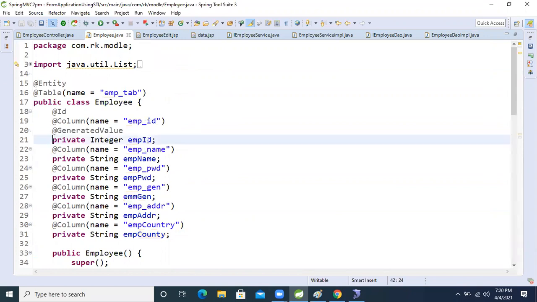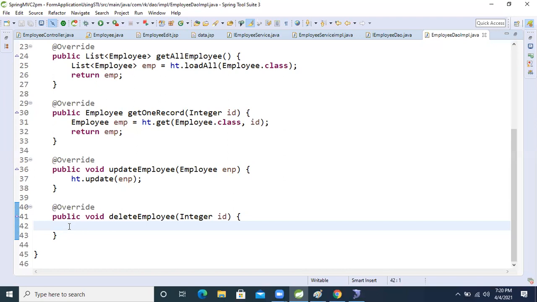So I will pass that object directly. Otherwise, we would need to set the ID in the object and then take the get. So no need to do those things, because I took one single parameterized constructor.